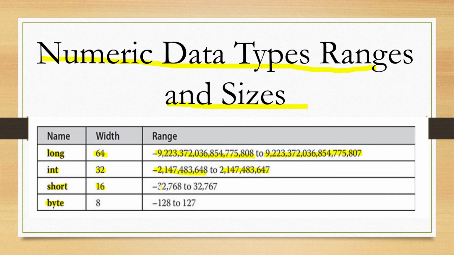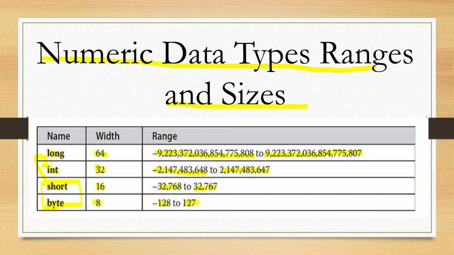Then we saw short. Short has this range. And then we saw byte. Byte has length 8, and it can represent a small range of values. Again, we saw something important: using byte and short is not preferred, because ultimately the byte and short values get converted into int values.